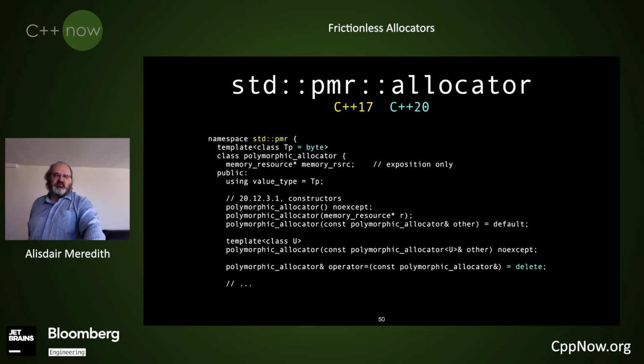For C++20, we default the template parameter to be standard byte, and we delete the copy assignment operator because it will just catch bugs. You're not supposed to overwrite these things. You're not supposed to assign to them. They're set up at construction and then they're done. In theory, nothing should end up having to hit that. So if you do accidentally call these things, having it deleted will just flag up those errors more easily.